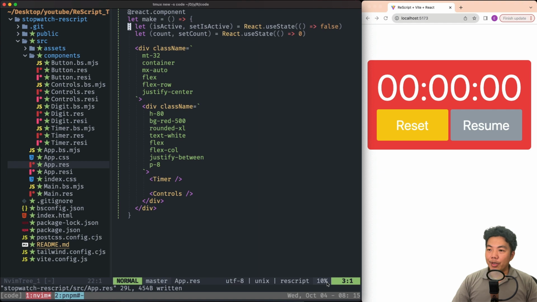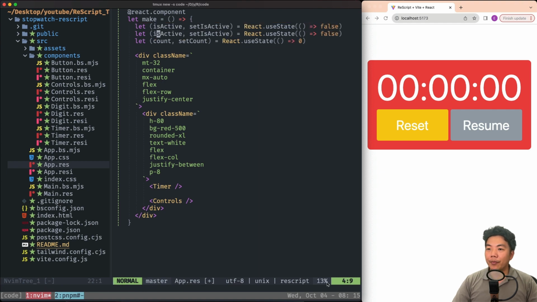And we want to control the isPause variable. I want the beginning state of this to be true. Now let's control the time. I'm just going to use this one. Okay, so now let's wire some of the buttons. When the start button is clicked, I want isActive to be true and isPause to be false.